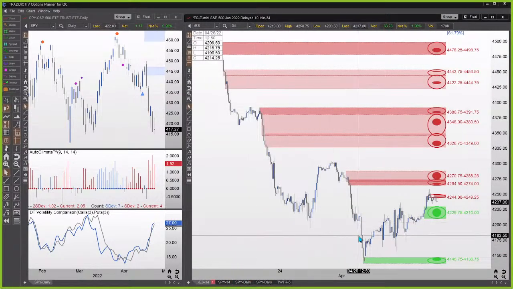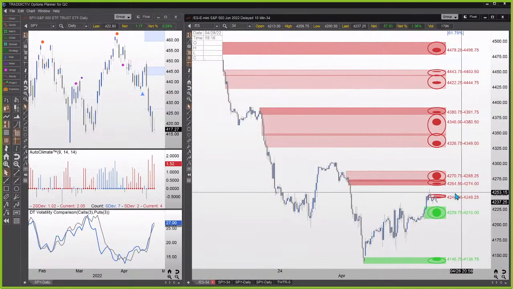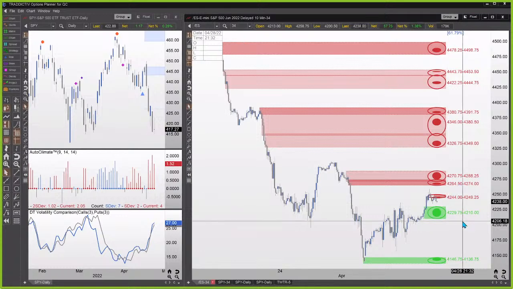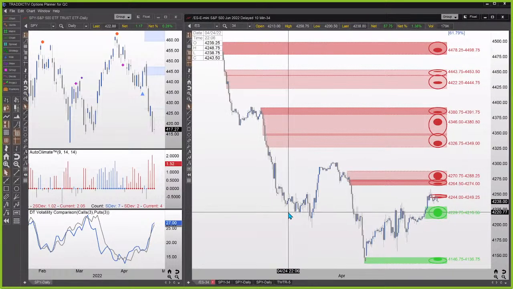So this is the S&P futures. In the futures markets, just a few minutes ago, in this 34-minute time frame, we got unfilled orders to sell. So if the market was to go up, we should expect it to go down. But if it goes down to this price, we got unfilled orders to buy, and from there we will expect it to go higher. So we may see a little bit of a zigzag of price movement